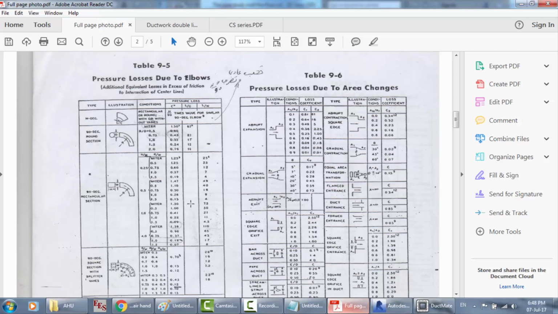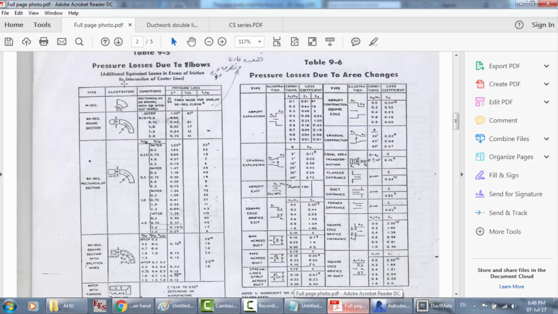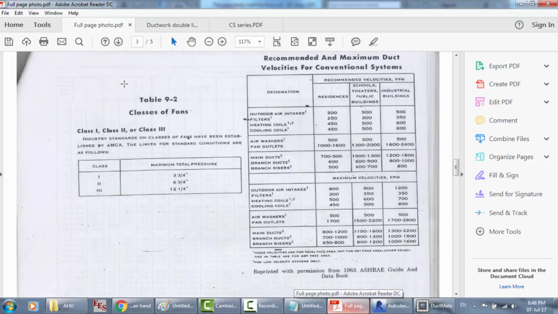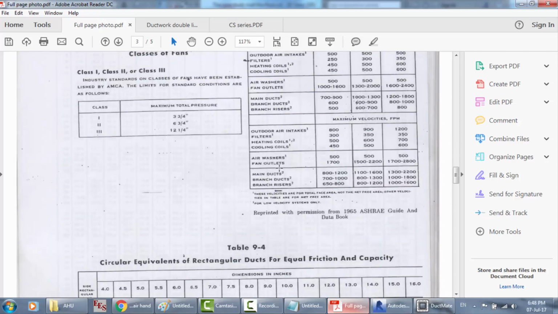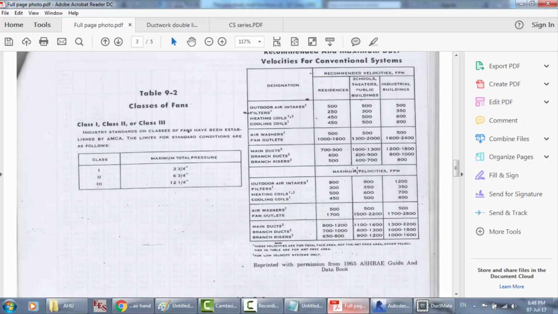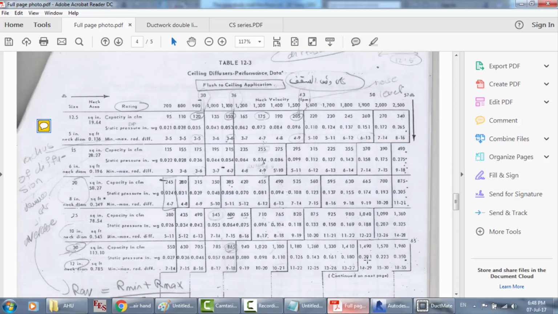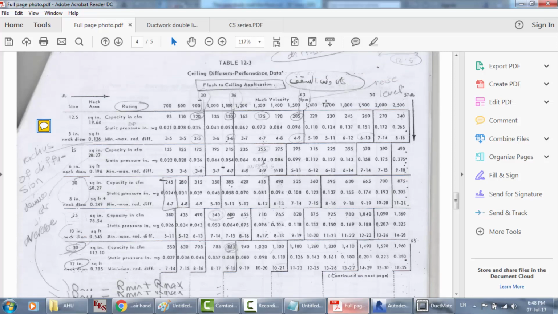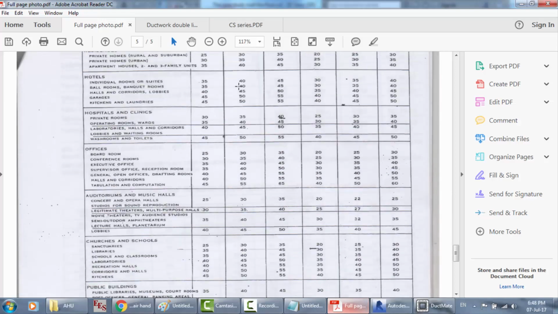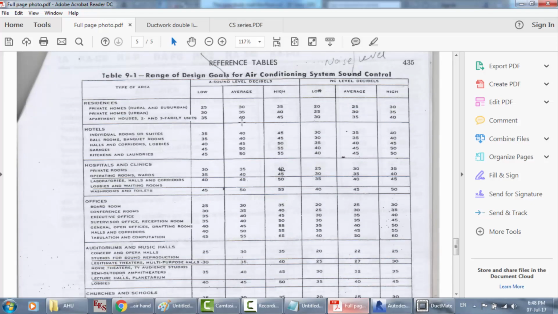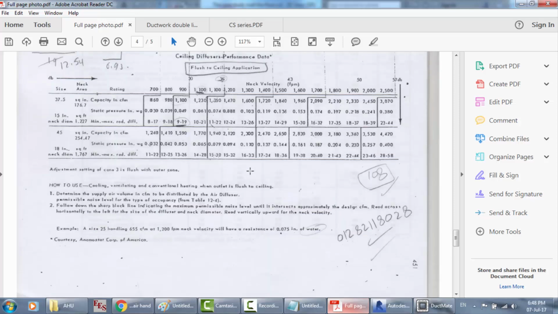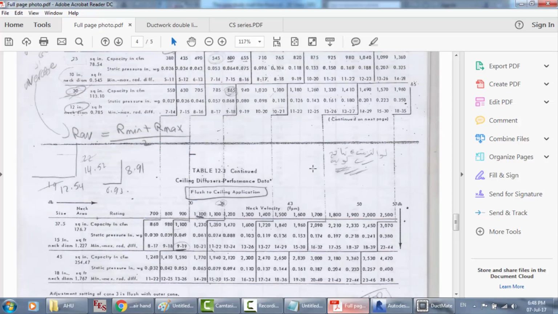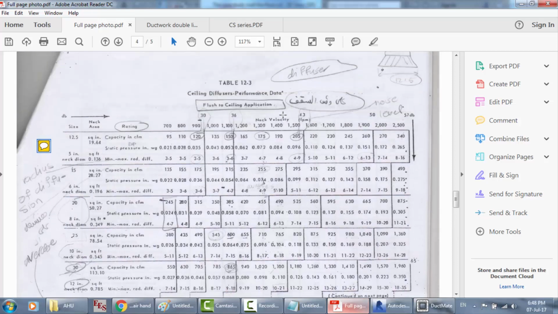by the signal diagram, and you have to know the pressure losses due to the elbows and transitions, and to see the velocity in the main ducts, the recommendations, and here is the selection for the ceiling. According to the decibel, you have to get the decibel from this. This is the recommended decibel. We select the average. According to the average, you go to the schedule and check out the CFM you need,